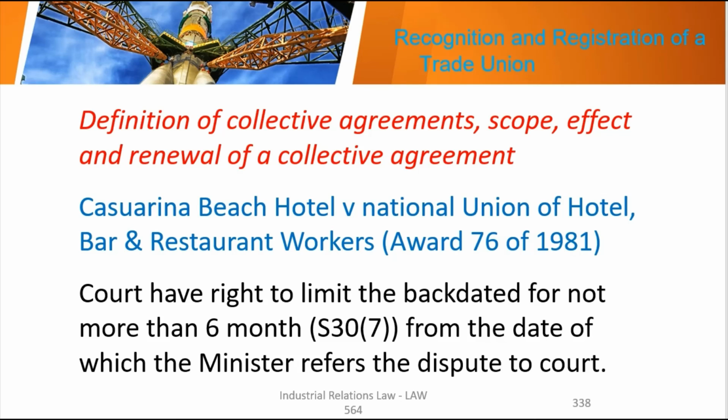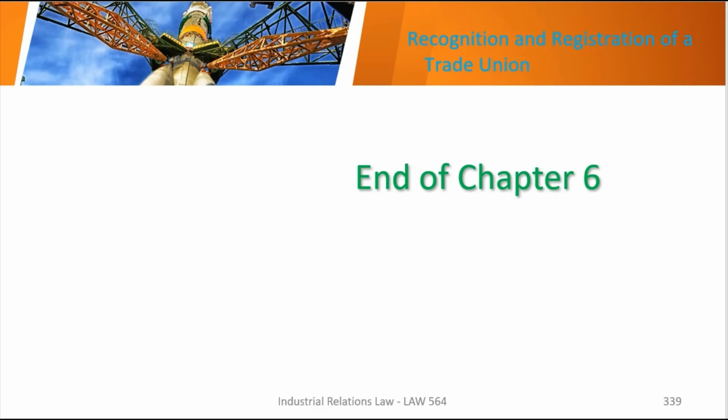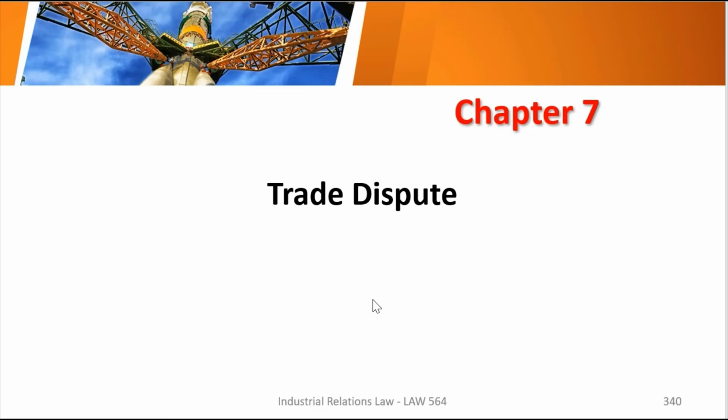Okay, with that, we end chapter 6, about the process of bargaining and the process of agreement. So see you in the next chapter, chapter 7, which is when things go down south, meaning they don't see eye to eye, things do not materialize as they wanted. The collective bargaining did not happen, or collective bargaining happened, CA does not happen, or CA took place, but the employer or the employee and the trade union did not perform their duties as they had agreed upon. So that is what we call a trade dispute. We will be looking into it in the next